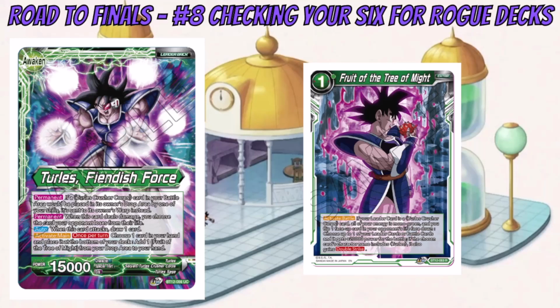So either you can choose to give them something in your opponent's life that you know is going to be useless, or that you don't mind them having, or make them take a face down card in their life, so that way you can keep the face up cards ready for your Fruit Tree of Might. Because Fruit is a great card, it's just a one cost card that can give a 20k